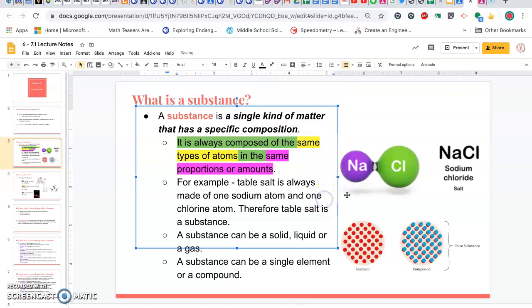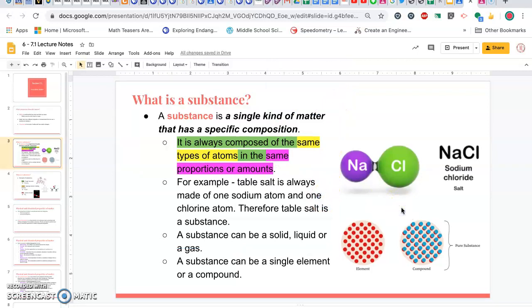All right, so the example I give you to the right is table salt. Many of us remember that we've talked about table salt has the chemical formula of NaCl, which is sodium and chlorine atoms. When you combine them together into salt, the name becomes sodium chloride. And no matter where salt is made or how it's made, sodium chloride salt is always one sodium atom bonded